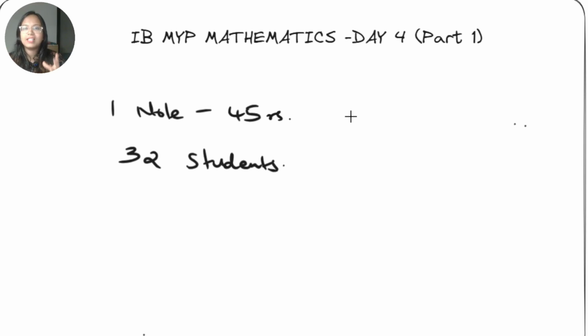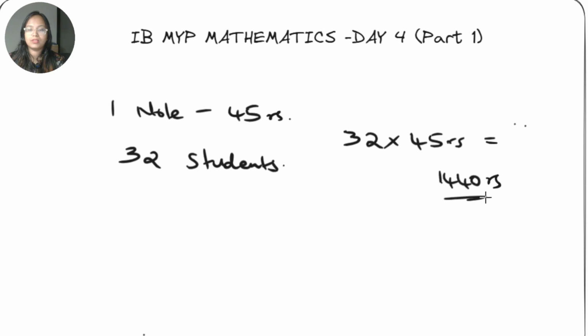This habit of asking questions before you solve is the hallmark of IB students. So as you think, just multiply for 32 students and 45 rupees for each. Total